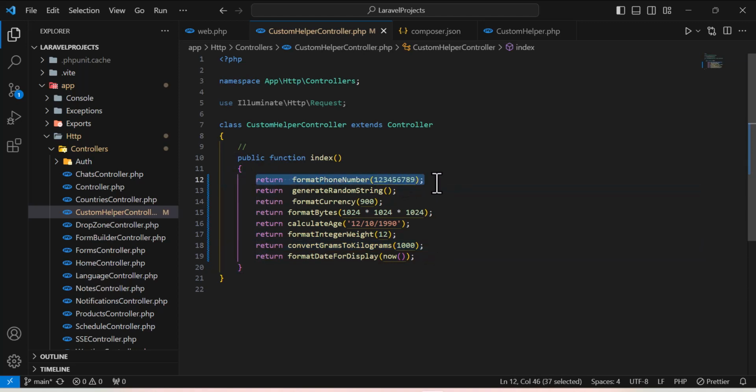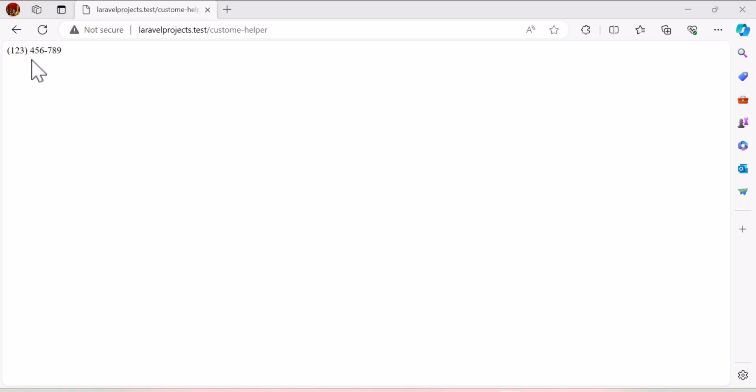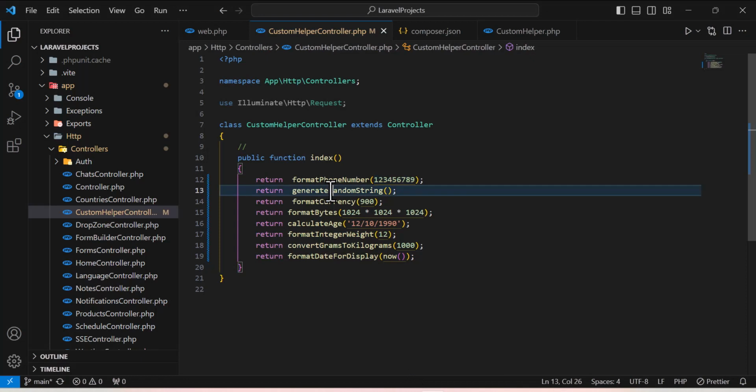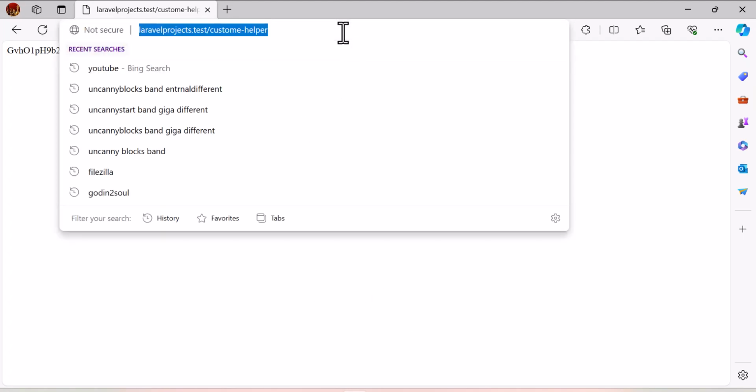a specific task. For example, the first helper will format a phone number. If I come to my browser and refresh the page, as you can see, it formats the number that I give to the helper as a parameter into a phone number design. And we also have another helper here that generates random strings. If I come to my browser and refresh, it will give me a random string every time I refresh the